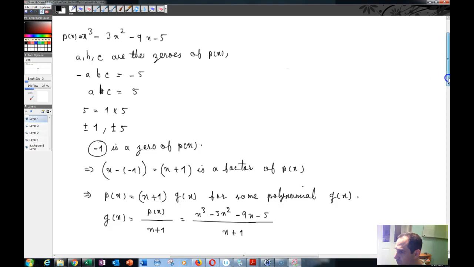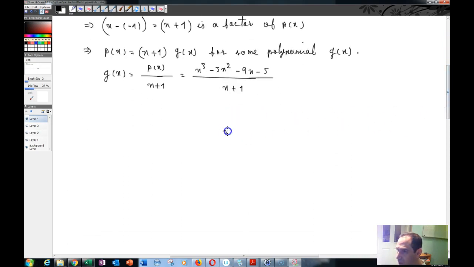If you do this division, x cubed divided by x is equal to x squared, so that's x cubed plus x squared,